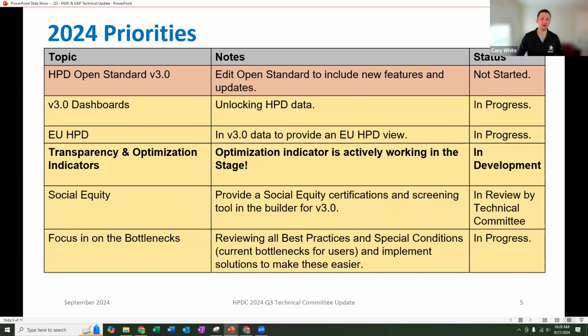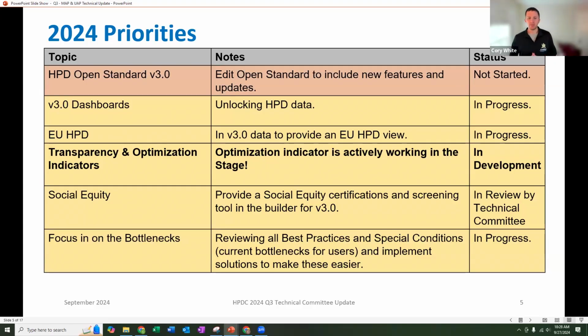And then what we wanted to do as well, as we were working on these things, is we realized we have this really great core package of ways to automate things. But we didn't want to stop there. If you're familiar with Elon Musk at all, his whole mindset around making Teslas cheaper and cheaper is: what's the next bottleneck? Let's eliminate that bottleneck. And then you go on to the next one and the next one. You continue to refine your process. We wanted to do the same thing with the HPD Builder, to continue to make it easier and easier and easier. And currently, a lot of the bottlenecks are the best practices and special conditions.